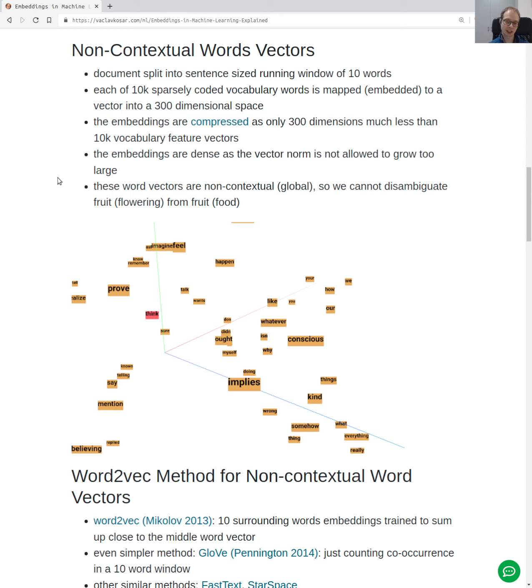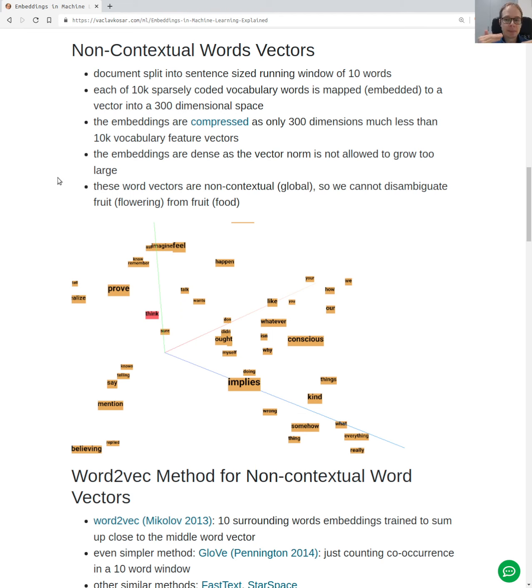Because initially the word was represented as where it exists in the vocabulary, we can now represent it in 300 dimensions. So it was a 10K vocabulary feature vector, and we compressed it down to 300. So while these high dimensional vectors were sparse, we embedded them now into some dense vectors,